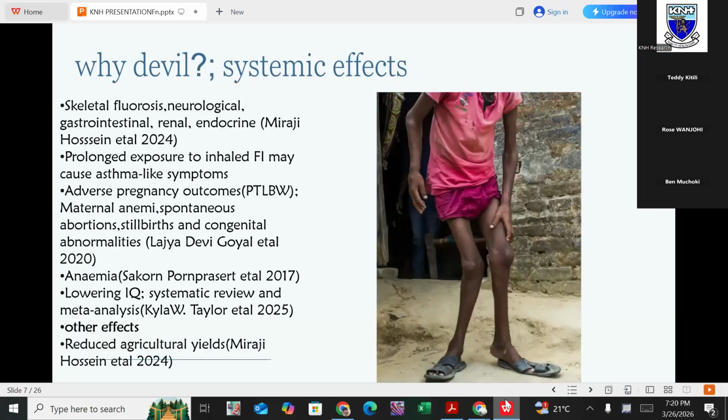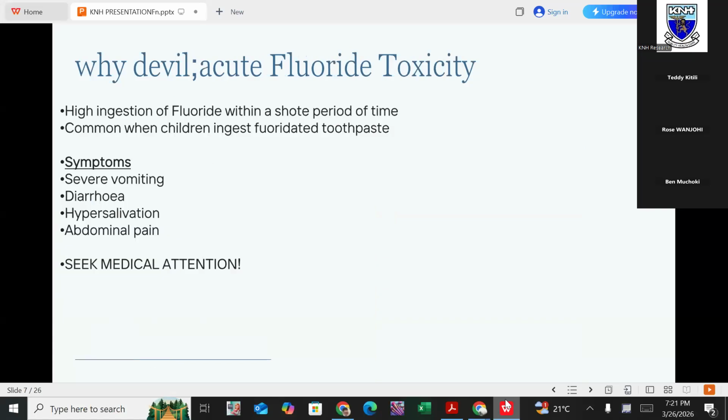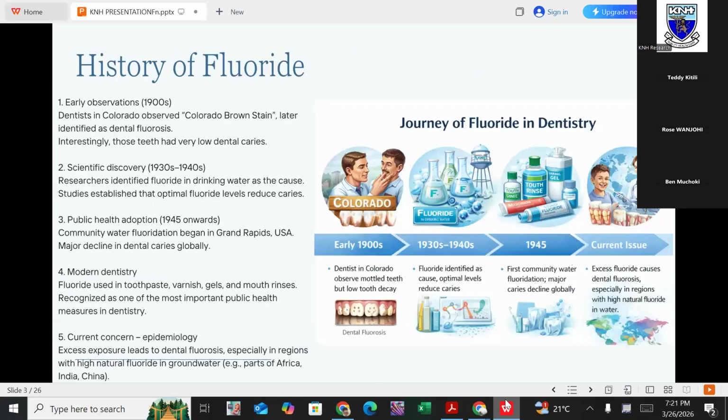So I asked you, if you take high fluoride and you are above 8 years, what will happen? One thing that can happen is that you can have skeletal fluorosis. I'm talking about high fluoride over a prolonged period of time. So, what is skeletal fluorosis? I talked about the hydroxyapatite complex. Yes, I talked about this complex that we have over here.